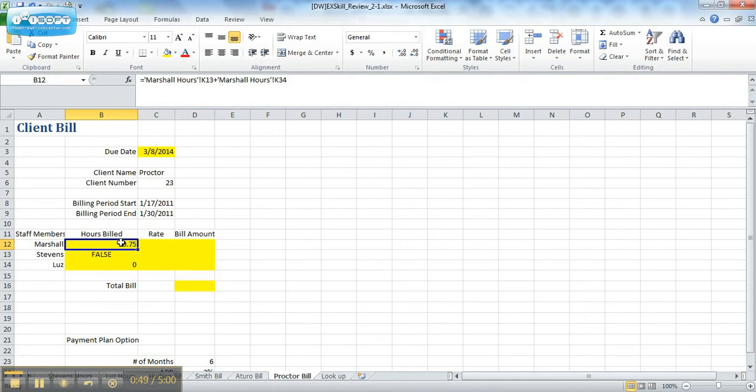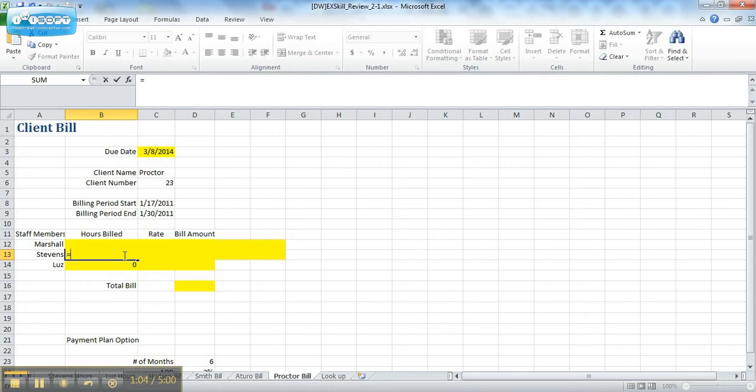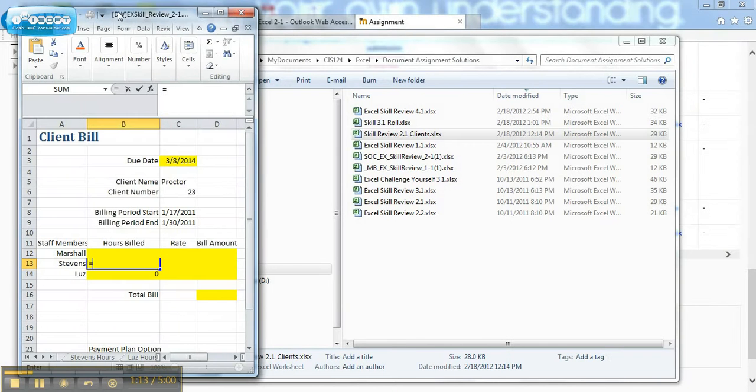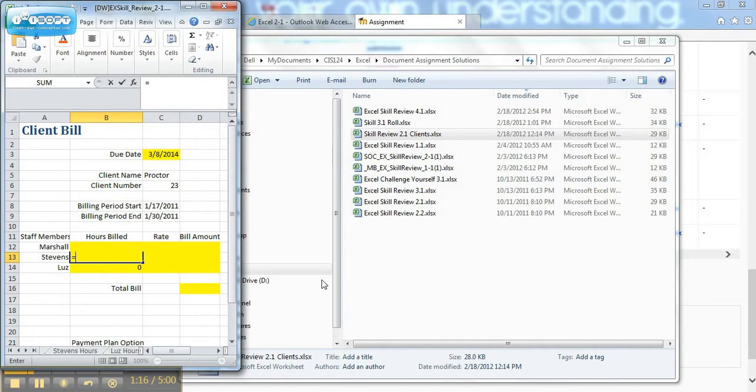Over here you actually got the Marshall hours right. You wanted to go to the Marshall hours and select K13 and K34. And it looks like you had a little trouble when you got to the Stevens and LUZ ones. These ones are exactly the same, except you go to the Stevens tab. So I hit equals here, and I'm having trouble getting to it. I'm going to have to resize this because my video recorder is blocking the